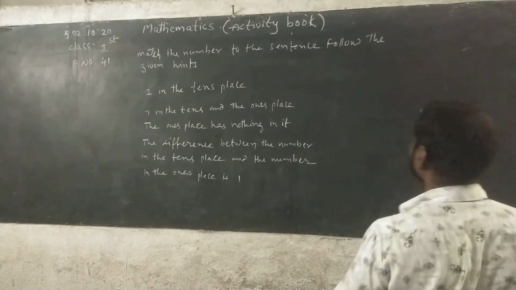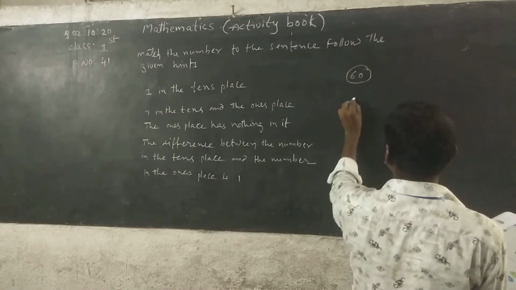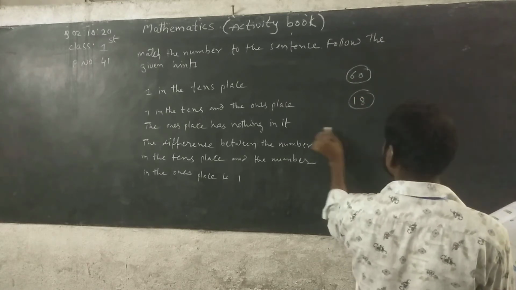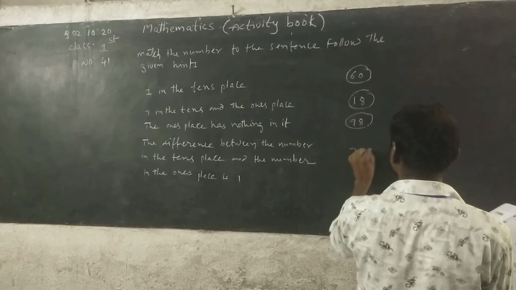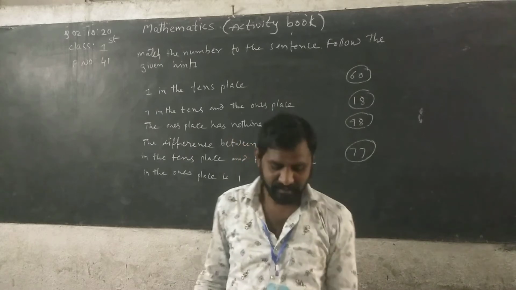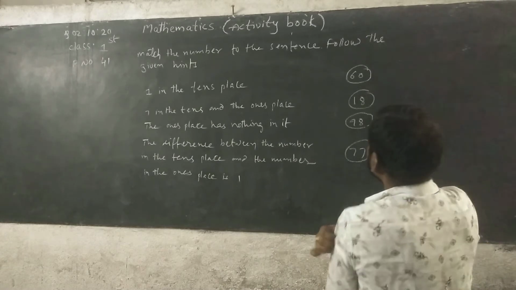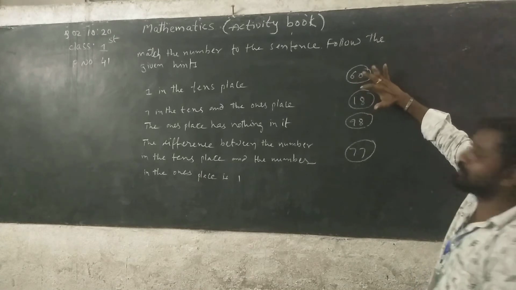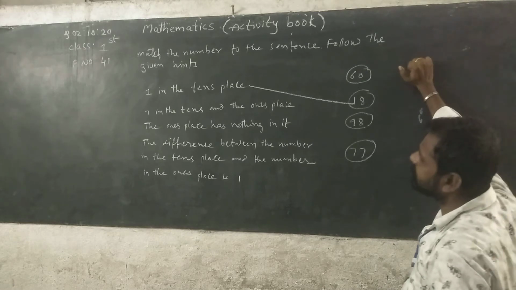See here, 14 minutes. 60, next 80, next 98, next 77. See, 1 in the tens place. So here, 8 is in the ones place, 1 is in the tens place. So you can write 18. Next, 7 in the tens and